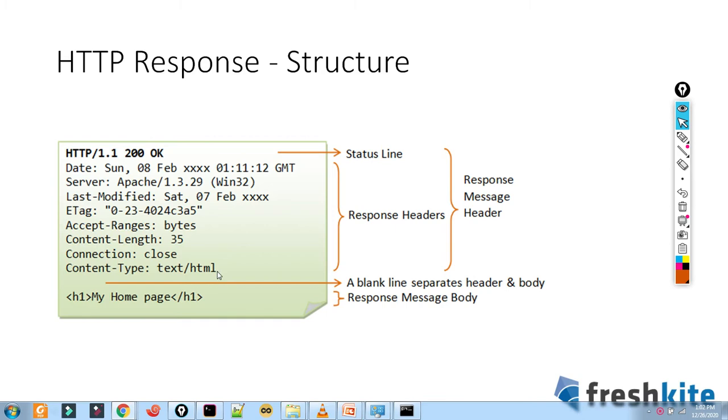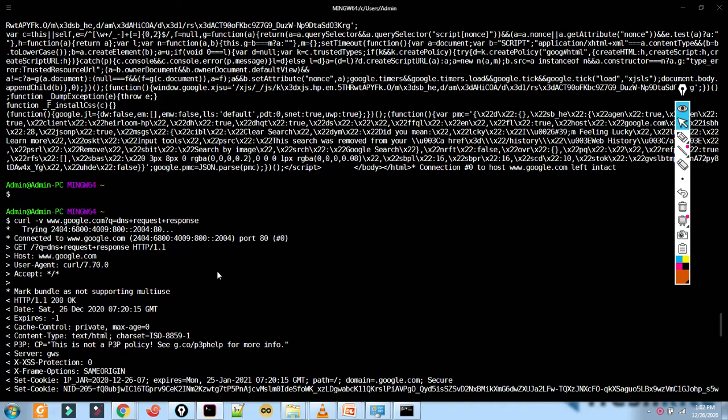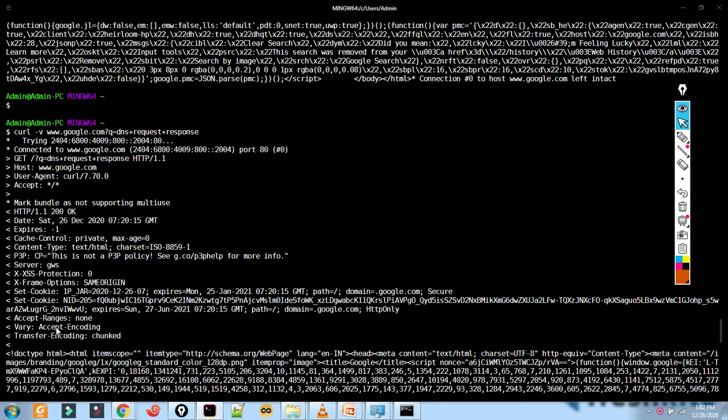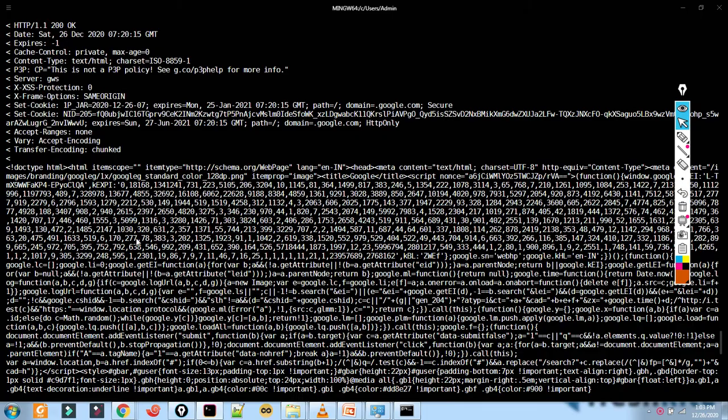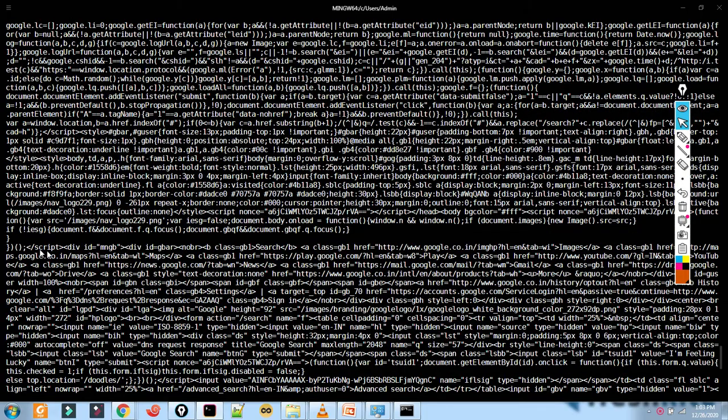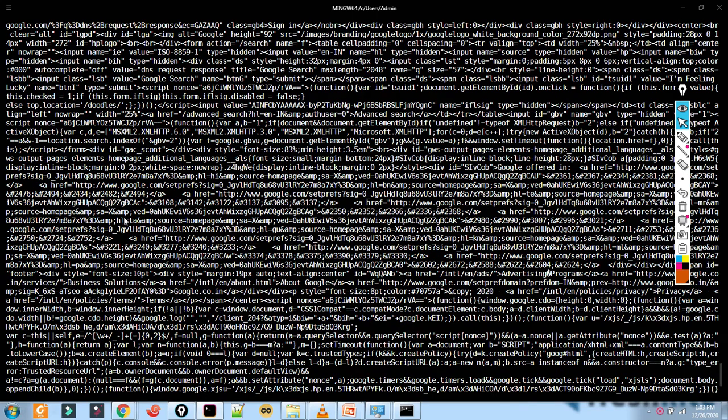So let's go and see our old HTTP responses. It says 200 OK, the date, and there are a lot of headers. This is the status, so we got a success status, and you see this is the HTML file. The doctype HTML and the HTML are there. Inside you will have a script, and in the script you will have the JavaScript part. Your JavaScript code will be running inside the script tag. All the things are there.